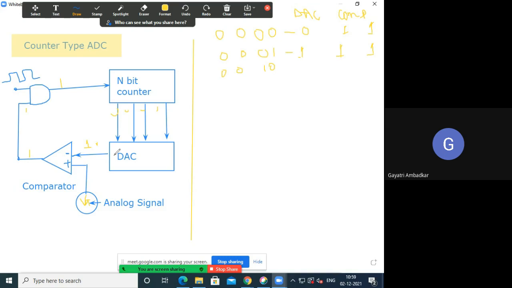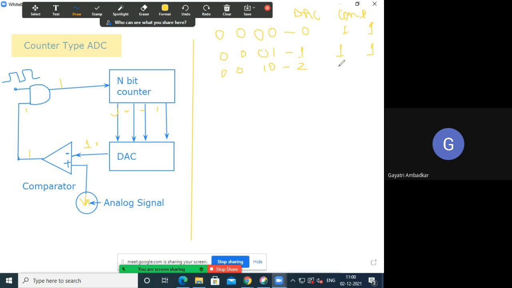What is its analog equivalent? 2 व्होल्ट. सो DAC विल गिव्ह, हा नंबर किती झाला? 2 झाला ना. डिजिटल मधल्याचा डेसिमल करा म्हटलं तर किती होईल? 2. सो DAC's output will be 2 volt and therefore comparator output will be, now again a comparator will continue